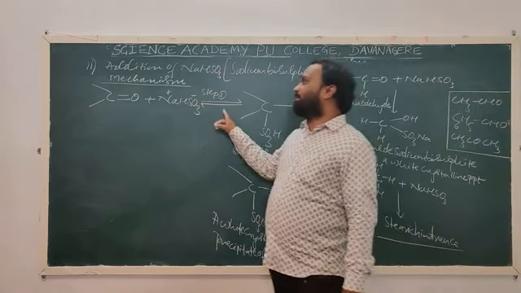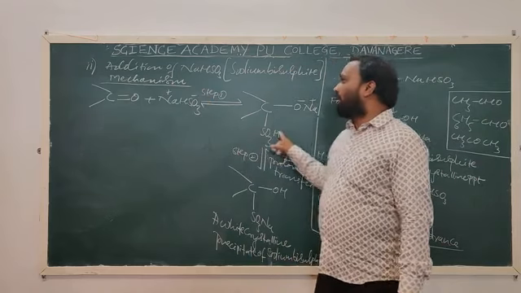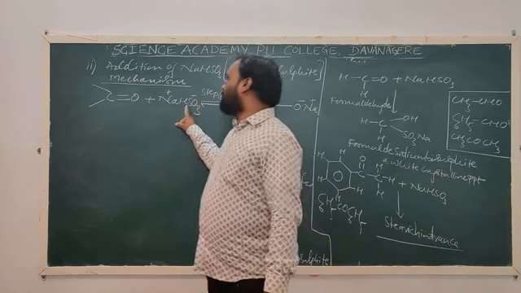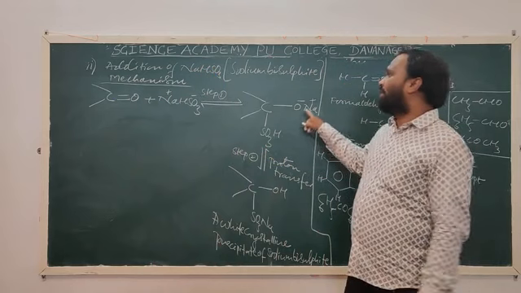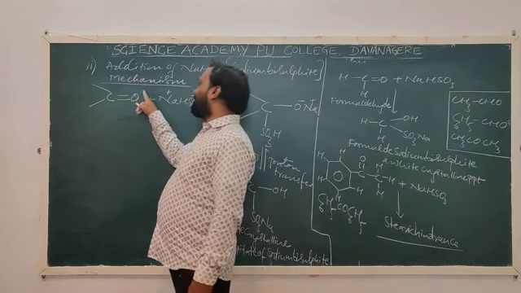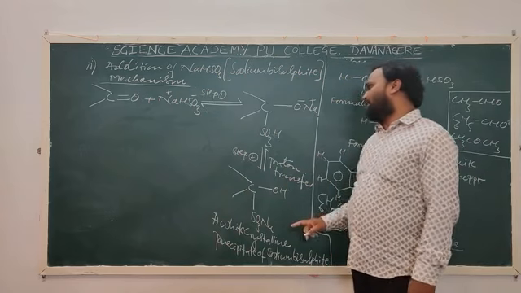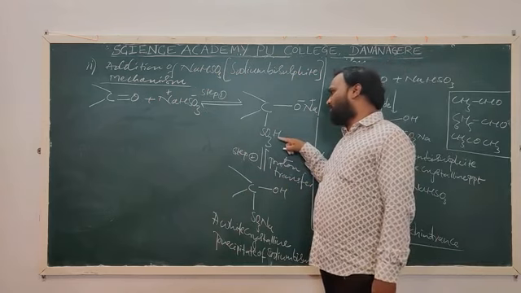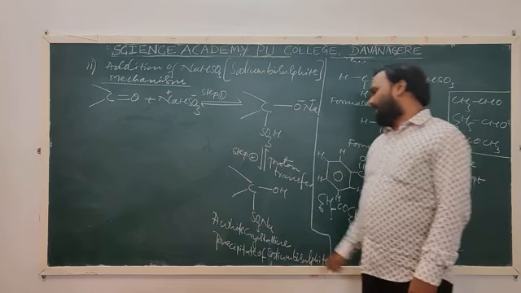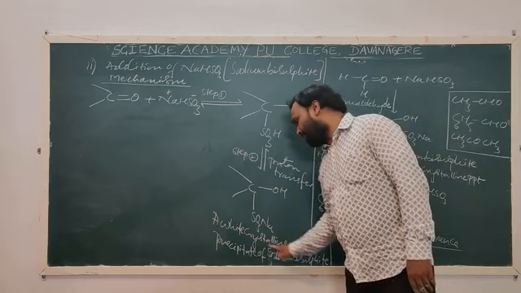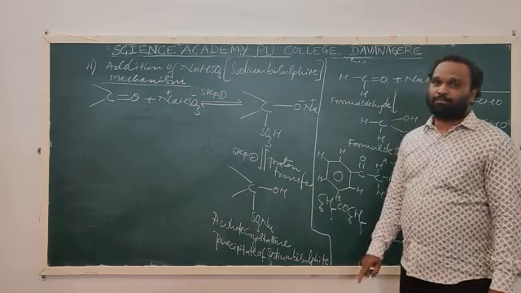This is the mechanism of how this reaction takes place. This is step 1, step 2. In step 1, HSO3 minus attaches to the carbonyl carbon, giving SO3H, and the oxygen atom attracts Na plus. In step 2, there is a transfer of proton. Proton is transferred from SO3H to O minus, and as a result we get the white crystalline precipitate of the corresponding sodium bisulfite addition compound.